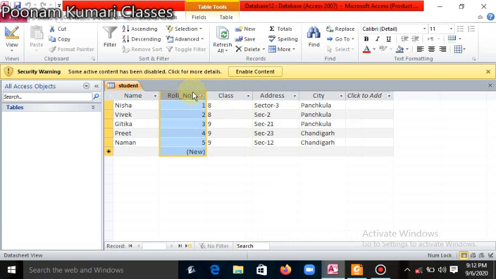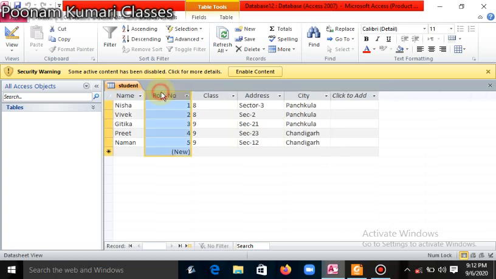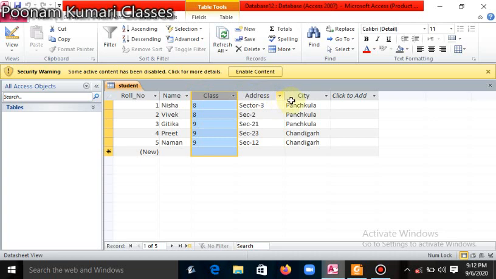You have to select the key, and while dragging you can see one dark line appear. This dark line should come, then it will be moved, otherwise it will not move. Like this way, the roll number comes there again. When this dark line comes, you can move it anywhere. In this way the field can be moved from one place to another. It should be selected properly, otherwise it will not move.